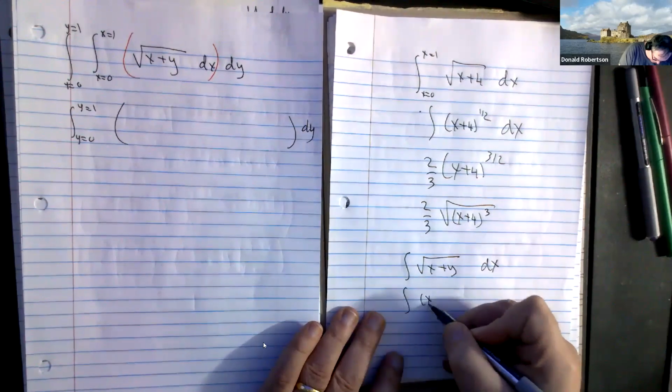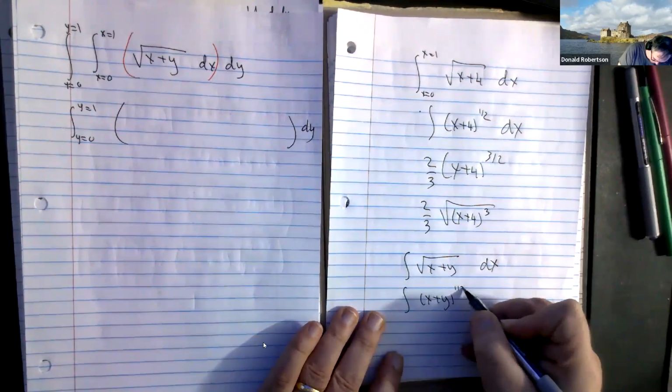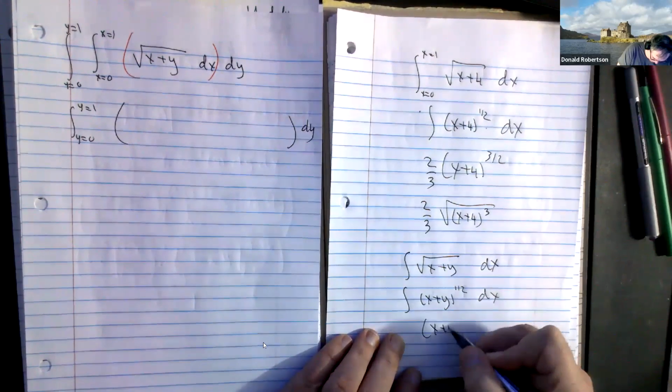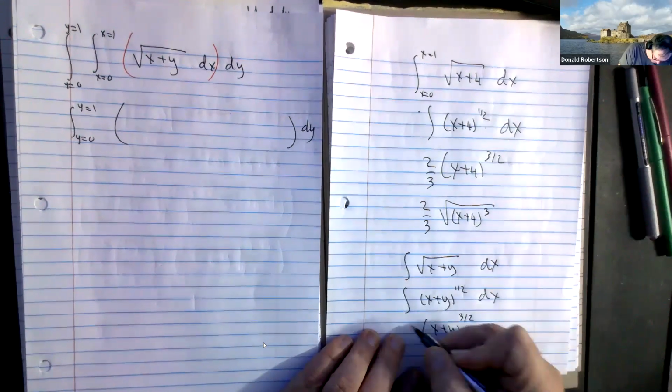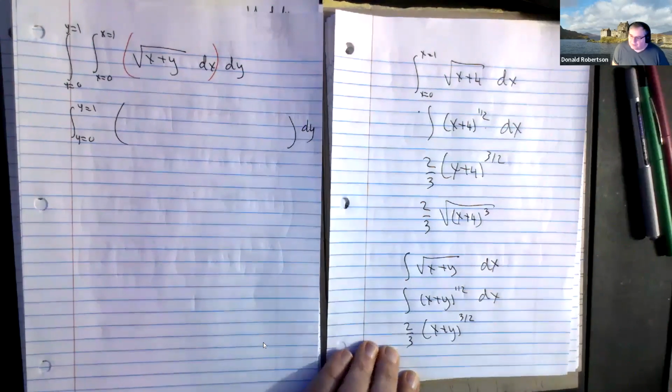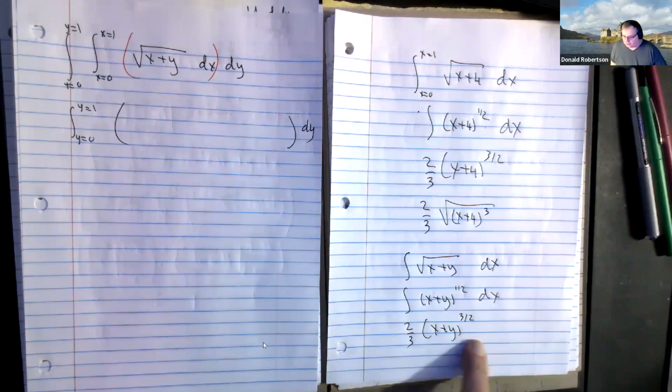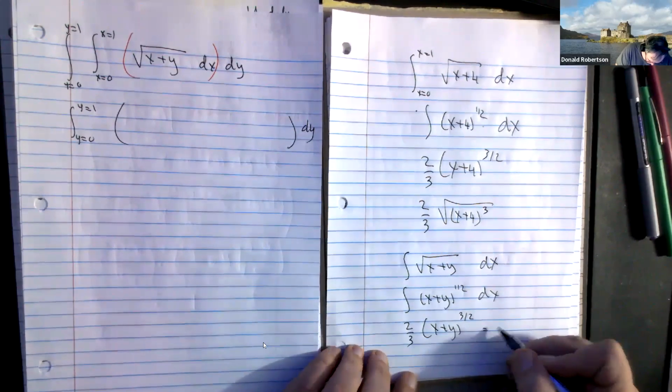Think of him as x plus y to the half, like this. Add 1 to the power, divide by the new power, times 1. Right, 1x. I don't care what that is, right? x plus 50 or x plus 40, doesn't matter, right? It's just 1x plus a number, so times 1. And so that becomes